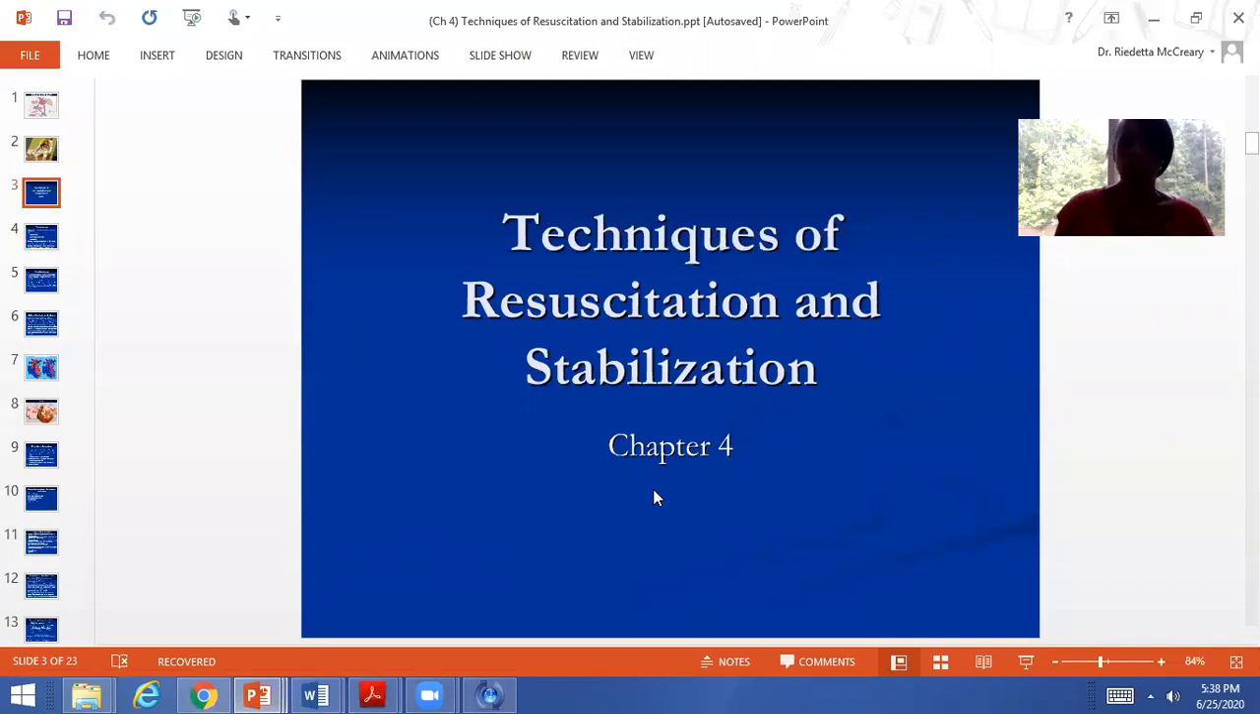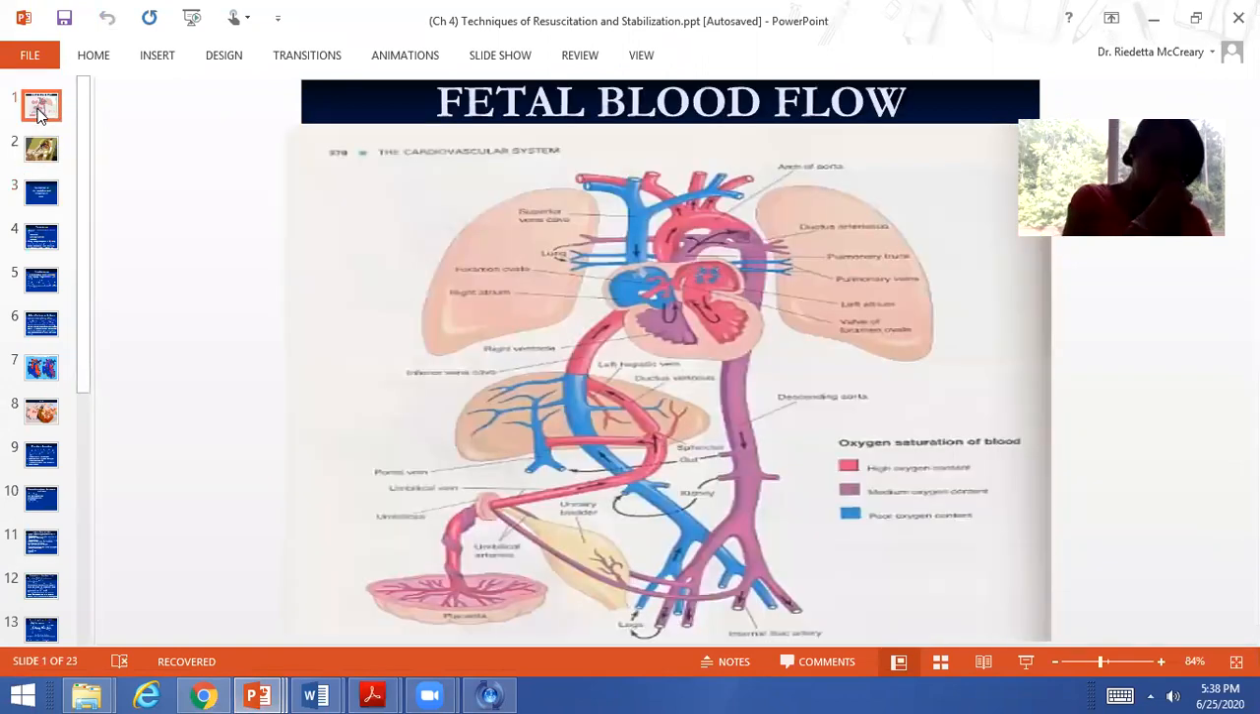Today we're going to talk about techniques of resuscitation and stabilization of a neonate, Chapter 4. I want to begin by reviewing fetal blood flow. As you see here in this diagram,